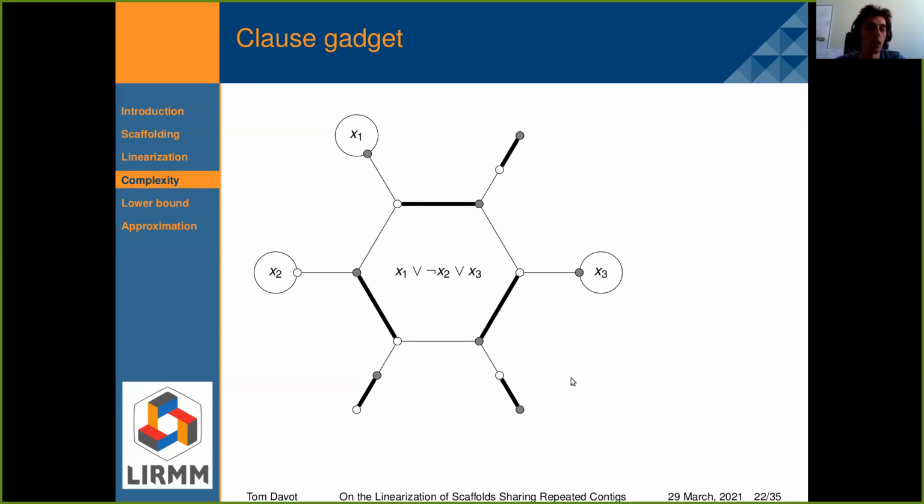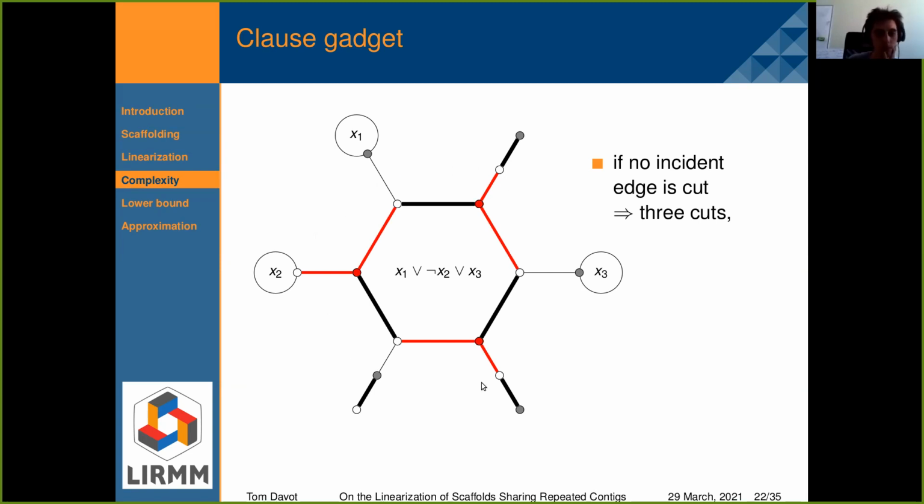We can note that if no incident edge of this clause gadget is cut, then we need to do 3 cuts in this gadget.